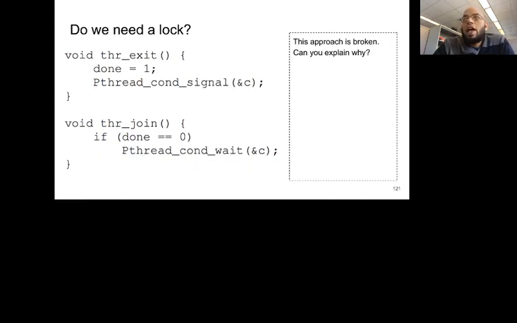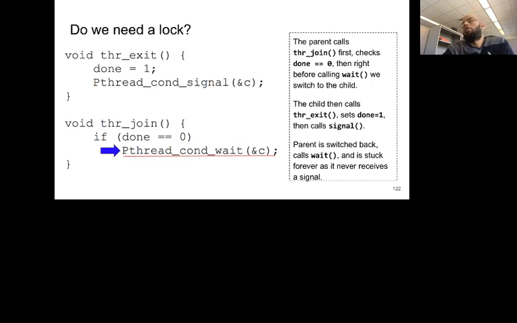Okay, let us ask another question. Do we need a lock? Can we just use the variable done, the shared variable done, and the conditional variable, and the signaling and the wait primitives? Again, the answer is no, because